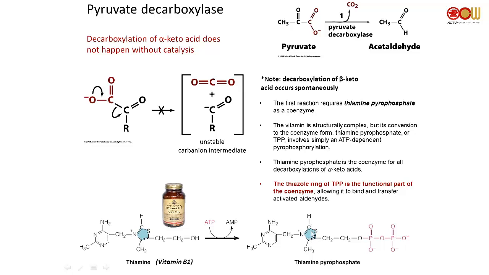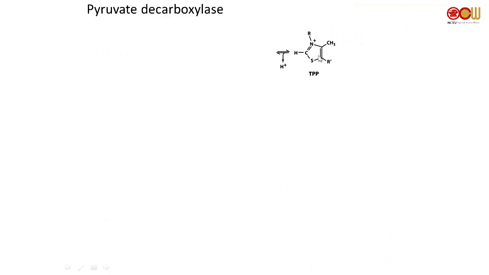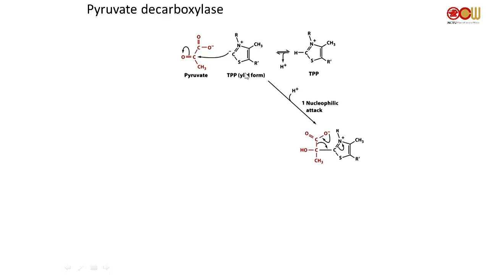Three of the members are carbon, one is nitrogen, and one is sulfur. Okay, so like that. The first thing you can do is a deprotonation such that you can generate this TPP anion, kind of this ylide form. And this anion can then attack the carbonyl center on the pyruvate, okay? Such that what you generate is this oxyanion type of intermediate. And this oxyanion grabs a proton from the solution.